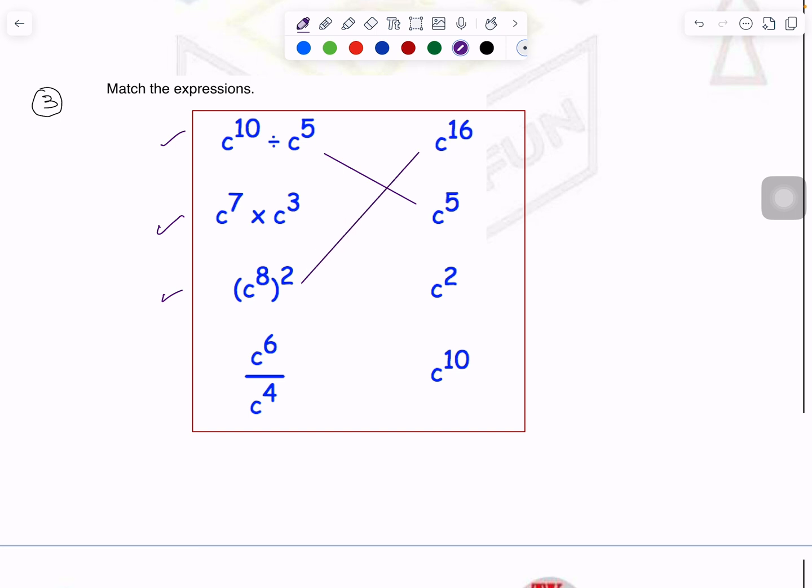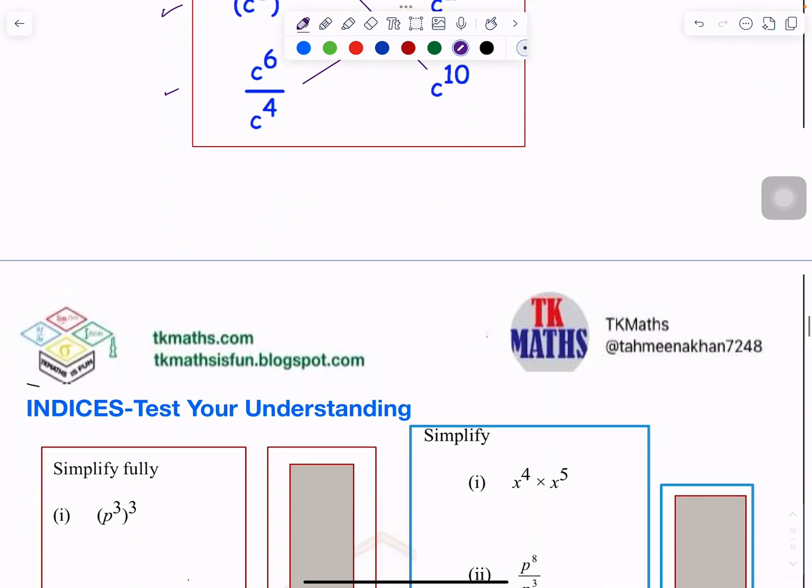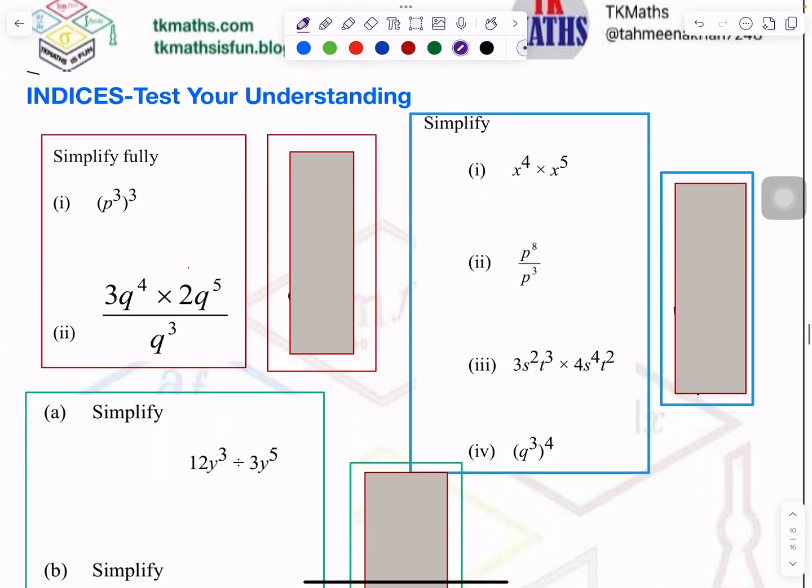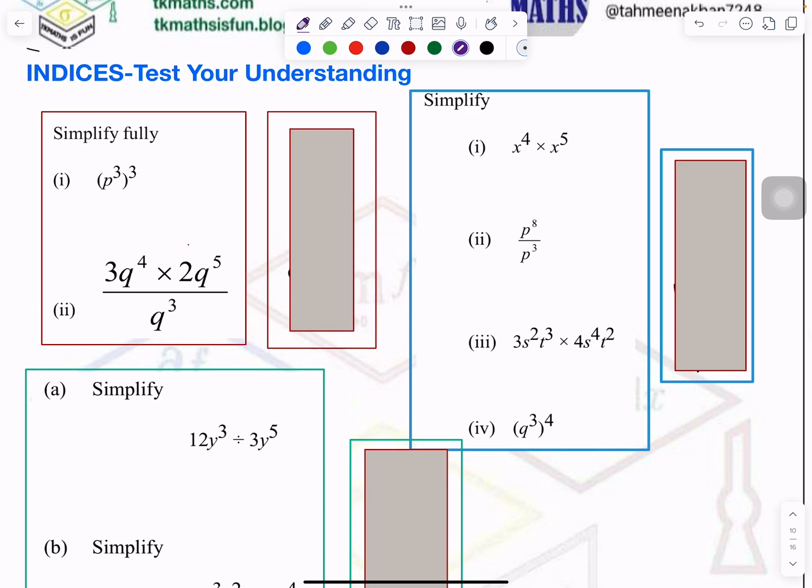Now the last case, oh my mistake, 7 plus 3 is 10 now. I think I should stop this video now. I cannot do plus minus. 7 plus 3 is 10, so it is here. Okay, and in this last case, 7 plus 6 minus 4, because it is a case of division. So 6 minus 4 is 2. So done. Okay, so now these are the questions I prepared,